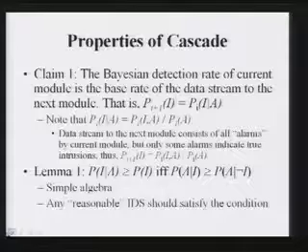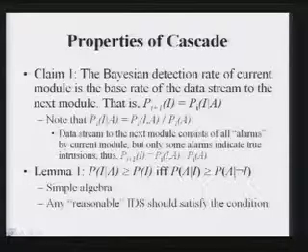So there are some nice properties about the cascade. For example, we can claim that if you look at a cascade, then the Bayesian detection rate of the current module essentially is the base rate of the data to the next higher module. And to see this, you can easily prove this, right? Because you can rewrite the Bayesian